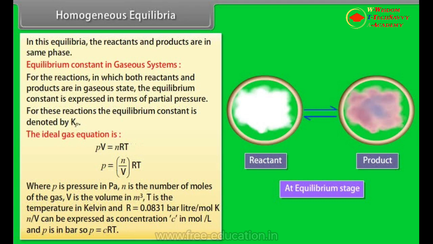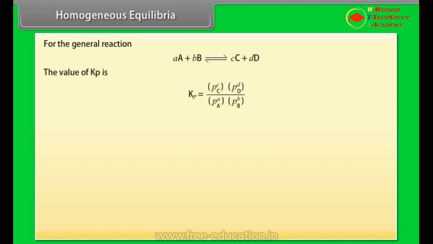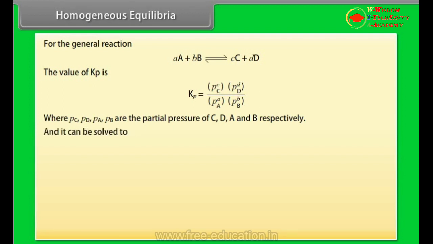N by V can be expressed as concentration C in mole per liter, and P is in bar. So, P is equal to CRT. For the general reaction, the value of Kp is given by the expression where Pc, Pd, Pa, Pb are partial pressures of C, D, A and B respectively, and it can be solved to